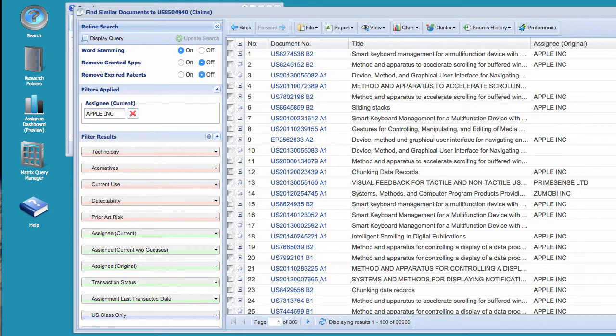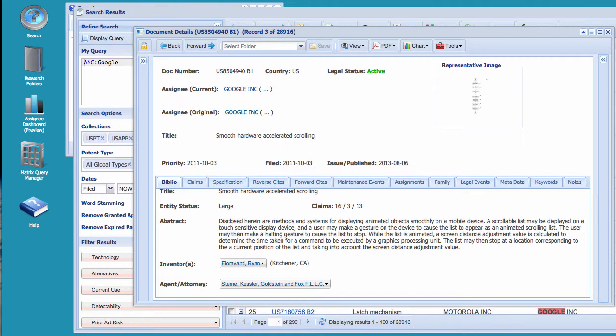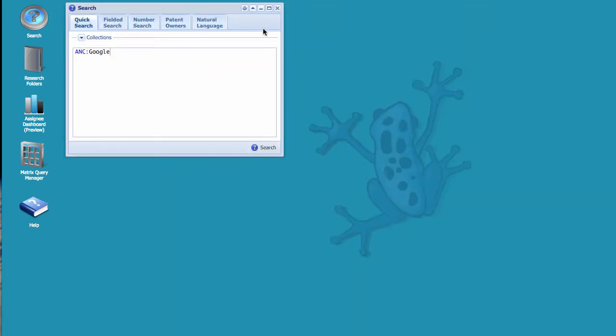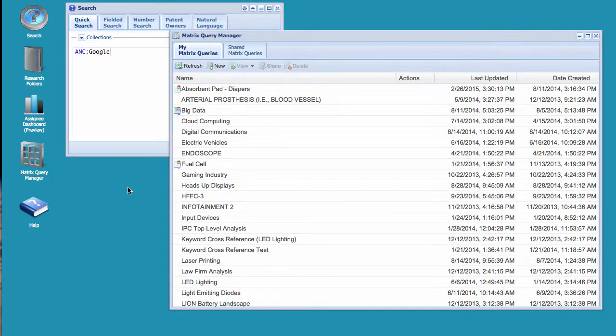Another thing we've done, let's kind of get out of here. I'm just kind of hauling through these so you can see them, is that matrix queries are now shareable. So if I wanted to take my matrix on cloud computing and share it with Eric, I would just select it, choose share,